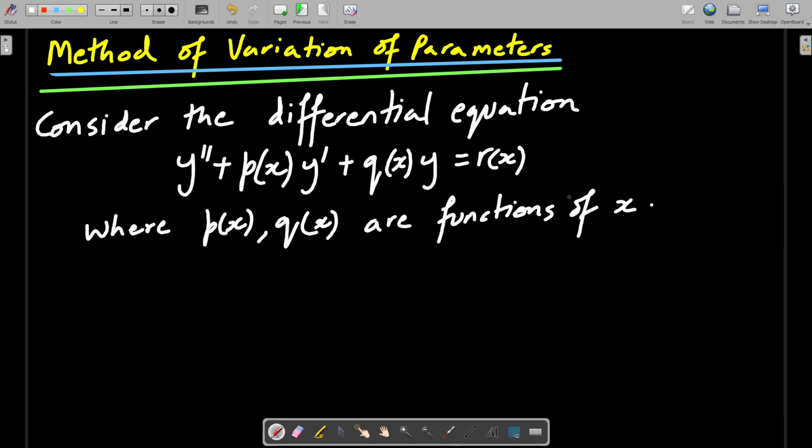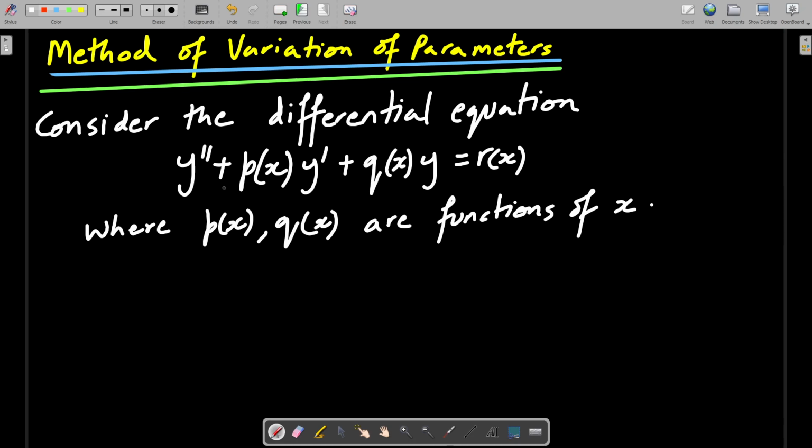Now see, in the method of undetermined coefficients, we had treated these quantities p and q as constants, but here I can use functions or variable terms. So this makes this method more powerful than undetermined coefficients. But in this section I'll be only doing problems with constant coefficients. In the next class we'll deal with p of x and q of x as functions.